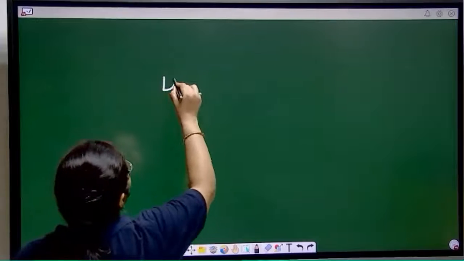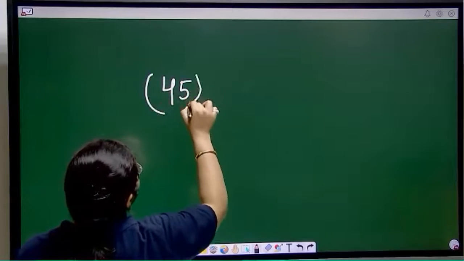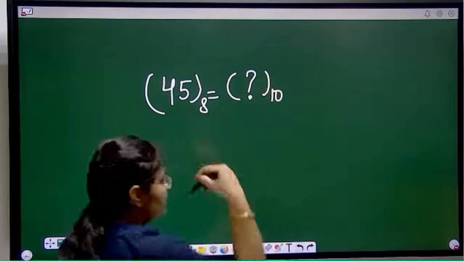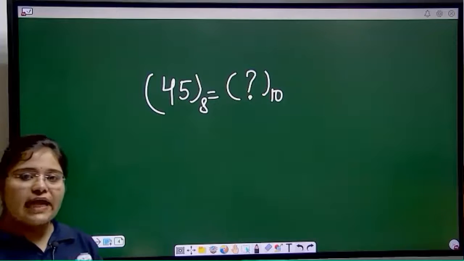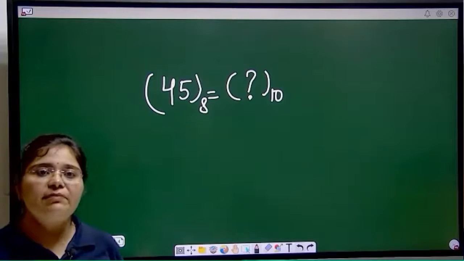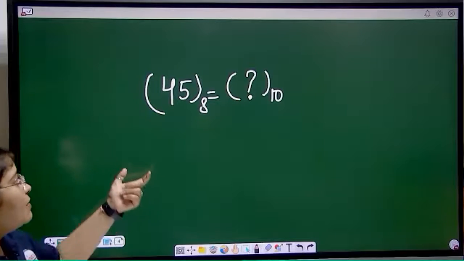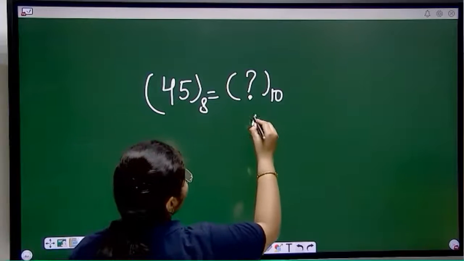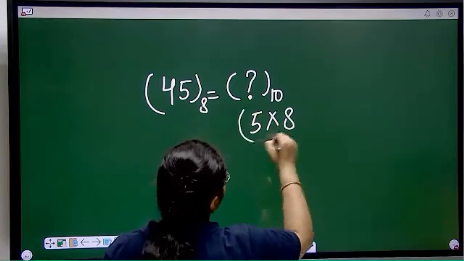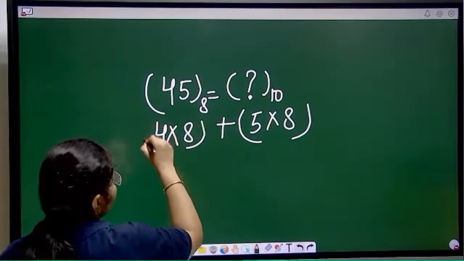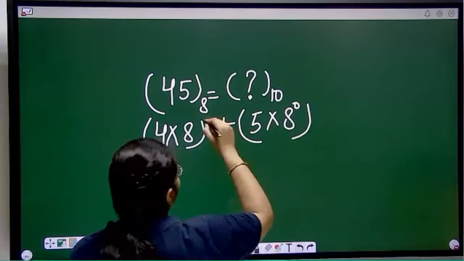Now for octal to decimal conversion we have 45 in the example. This is your octal and we have to convert this into decimal. As I have told you, for octal, binary, hexa, any number, if you want to convert into decimal, then you have to use the multiply method. In the multiply method, what is the base value for this? 8. So we will start writing in this way: 5 into 8, sorry, starting from power 0 and 1.